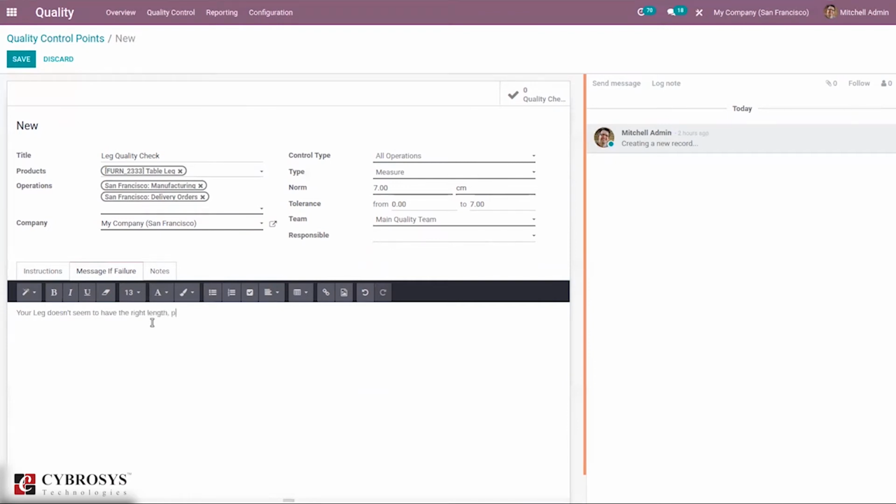Please return to supplier. So here I have given a normal measure that is 7 centimeter. Okay. Now then we can add notes.